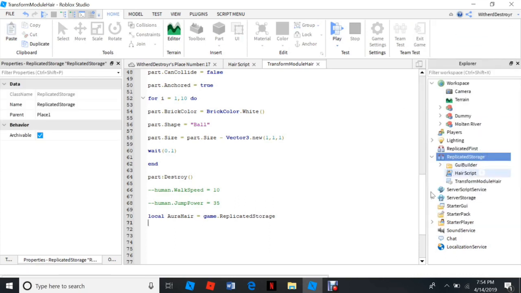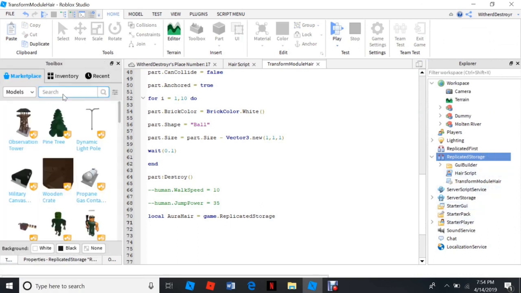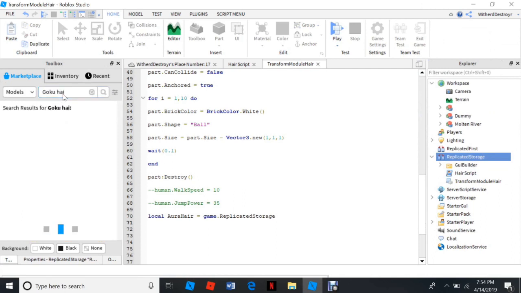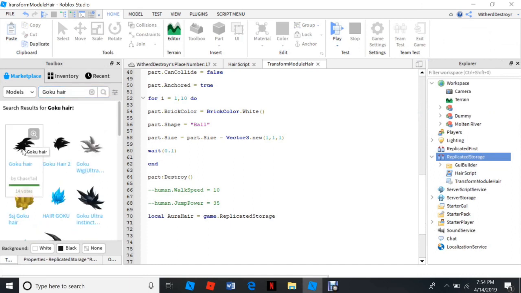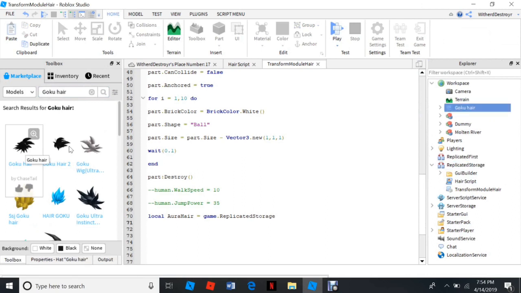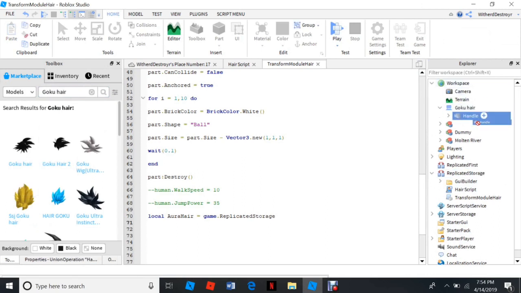So what you want to do, you want to get any type of hair from here. Any type of hair. Like I'm doing Goku's hair, for example, like this. So you want to add that in. Why isn't it? Oh, I gotta click it. Sorry. So you want to add it in, take the handle out,